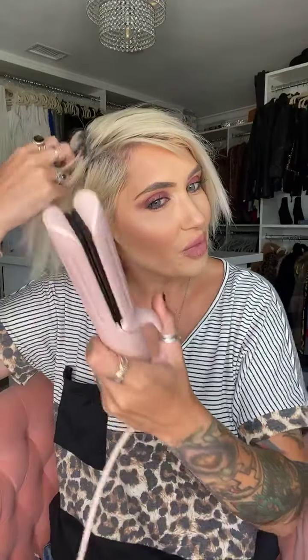Look at that. So good. So you can use it for both straightening and curling, does everything. But if you have a hard time getting your hair to curl or learning how to curl your hair with a flat iron or a curling iron or a wand, and you're just like, oh my gosh, there's so many things, I'm used to my curling iron, this tool right here is the coolest hybrid of all of those best worlds. So it has the clamp,